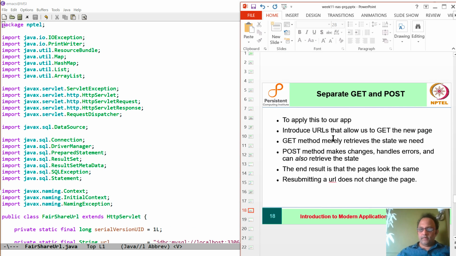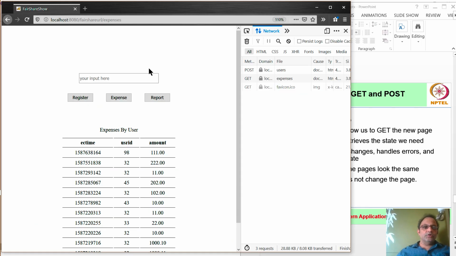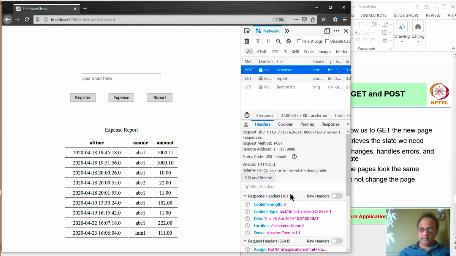Okay, there we are. And so what happened was that we were able to introduce new URLs for each state, even for report, and the same sequence: post, redirect, get, and a new URL. And as usual, there is a location header which says where the post should be redirected to, and a get which gets us this URL.